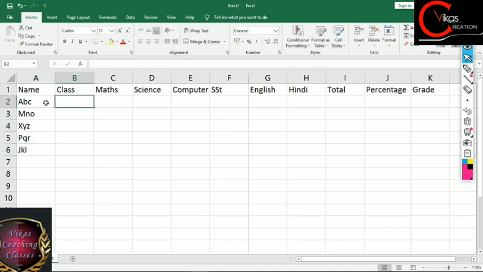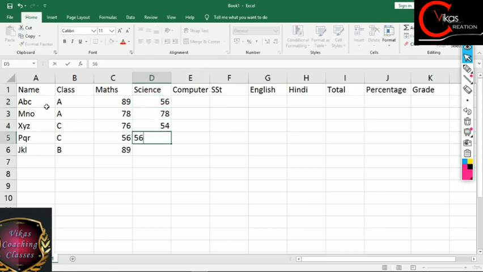Suppose these are the students. This is in A section. This is also in A section. This one is in C section, let's say. Oh, sorry, Shift C. Okay, fine. Then let's suppose this one is also in C section and this child is in B section alone. And let's write the marks now. So here I'm writing the marks out of 100 for now. 89, 78, 67, 56, 89 again. And science 56, 78, 40, sorry. Suppose these are the marks.